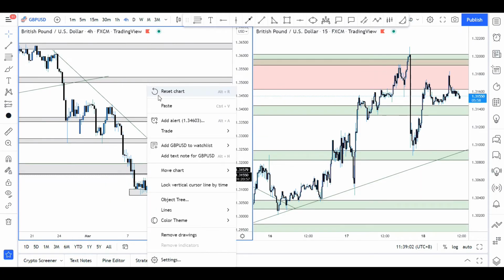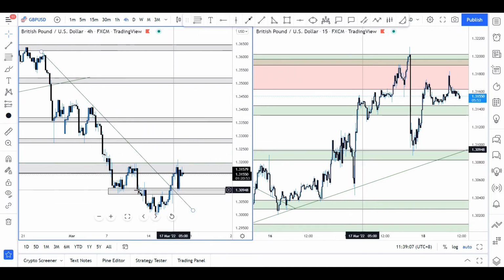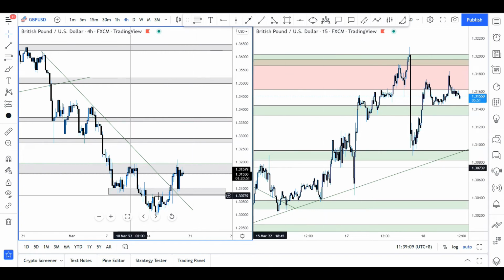I'm going to be fast on this one. It's simple. Two things I'm expecting here on Pound USD. We could actually see that this might probably be an inverse head and shoulders pattern right here. And then I'll be confident to buy if price breaks through